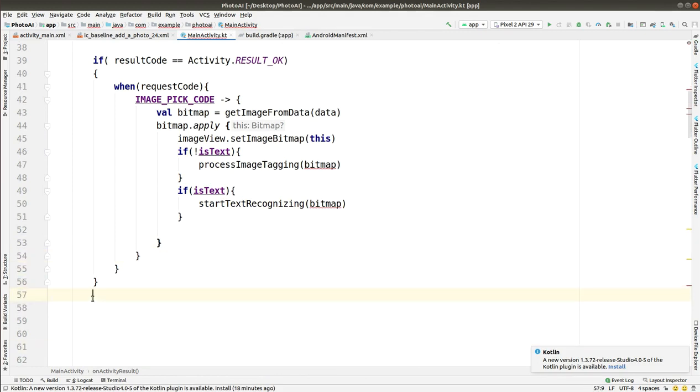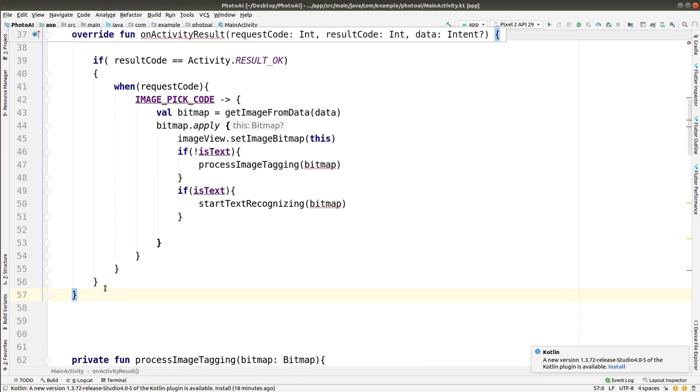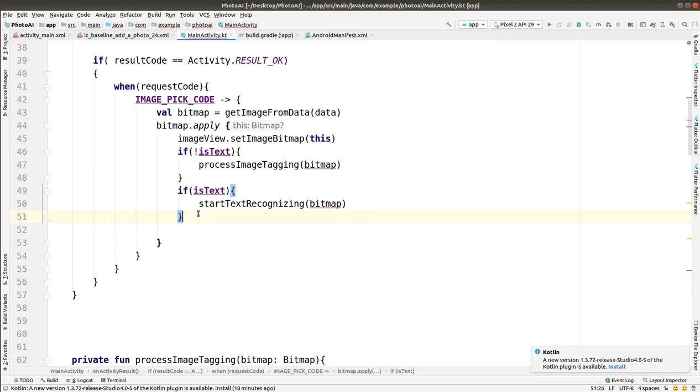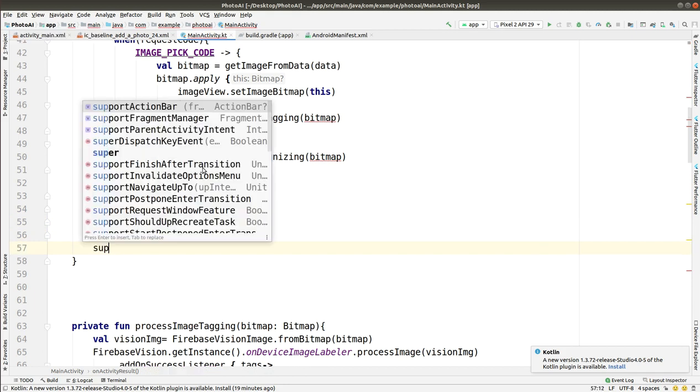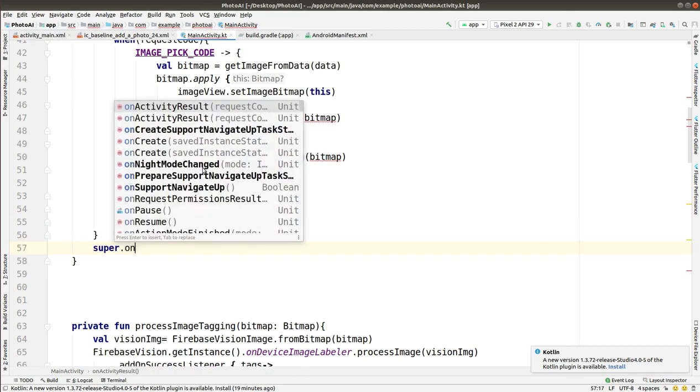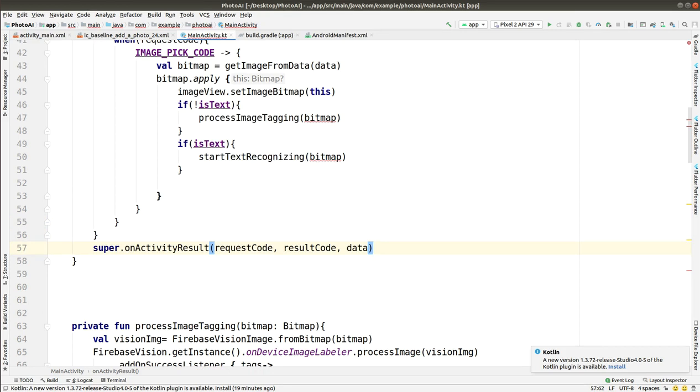So you can see that there are lots of brackets. First of all, let me check. So this is the end of that function. Yeah, so for now there might be some confusion in this. Let me clear this out. Yeah, I'm mapping that braces. Mapping of braces is important. Here I have to make that super call in the end. So okay, yeah, this function is also completed.